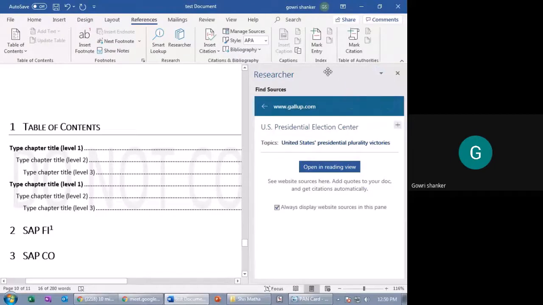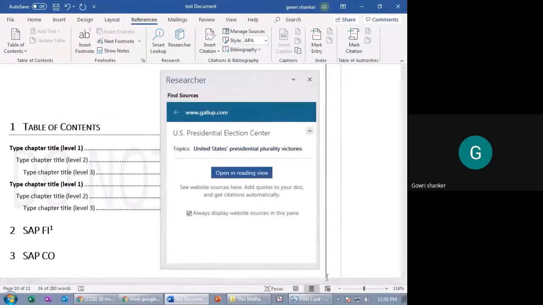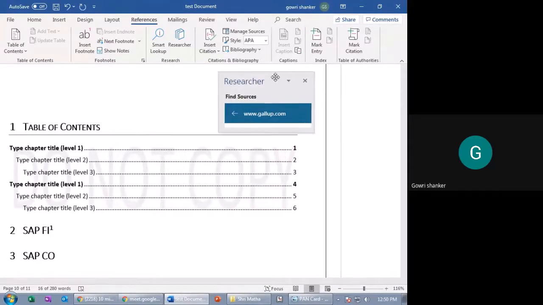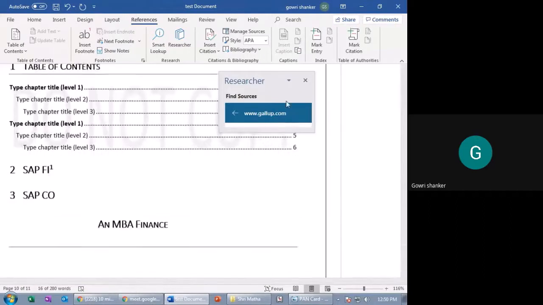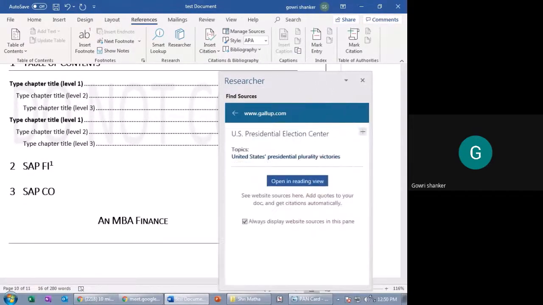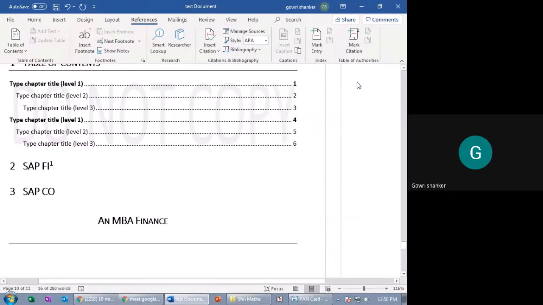You can move it to the left-hand corner, or you can put it here, or you can resize it and keep it as research. If you increase the size, you can read whatever you want about the United States president, right? So research can also be done by selecting this. Till here you know, fine. Research is done.